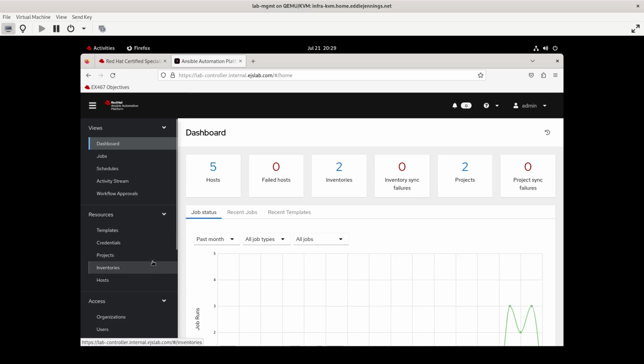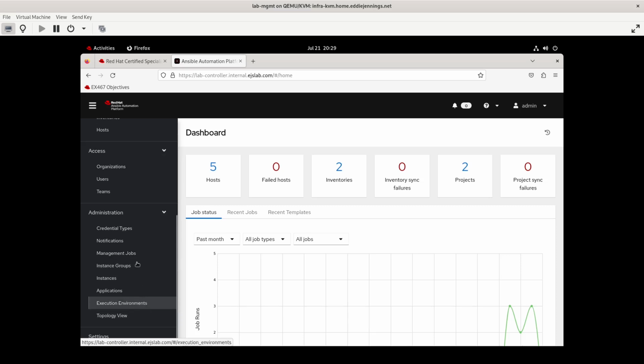So instance groups are really kind of like groups of resources to use, because when you're using the automation mesh, you create basically a control plane and an execution plane. The control plane is where your control nodes are, and then the execution plane are different servers that are basically running all of the Ansible stuff against your managed nodes. The idea behind this is, you separate those duties out. And you can have a more distributed